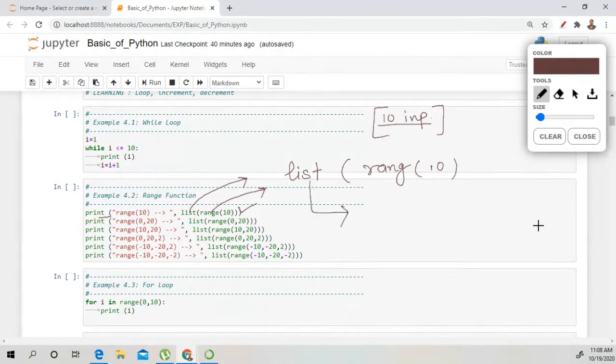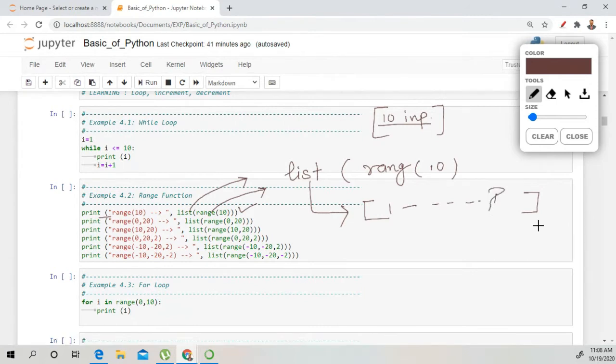List shows a complete list, starting from 1, 2, 3, 4 up to some value. So this is a complete list. It shows a list, and range is a function.